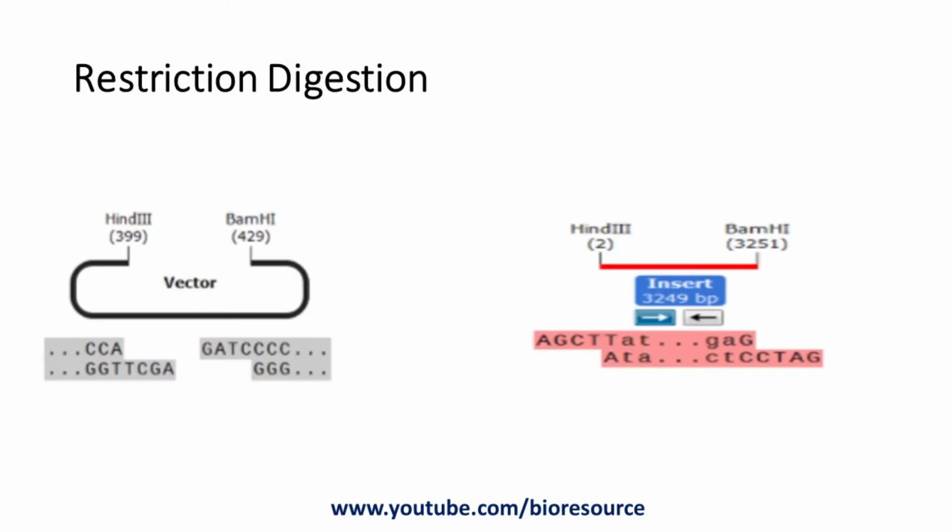To generate complementary ends, the plasmid and insert need to be digested using restriction enzyme. Around 1.5 microgram of the plasmid can be used. There is no particular limit to this, but a higher amount is preferred because during the gel extraction some amount of plasmid will be lost. So you can start with 1.5 to 2 microgram of the plasmid for the restriction digestion.